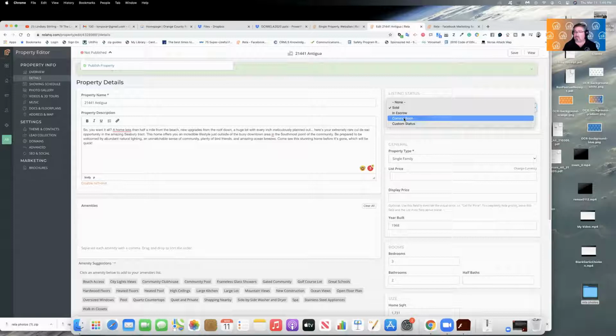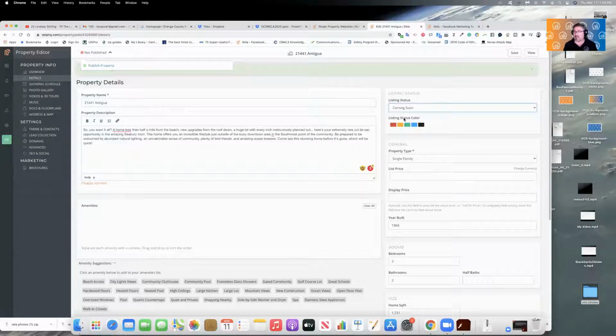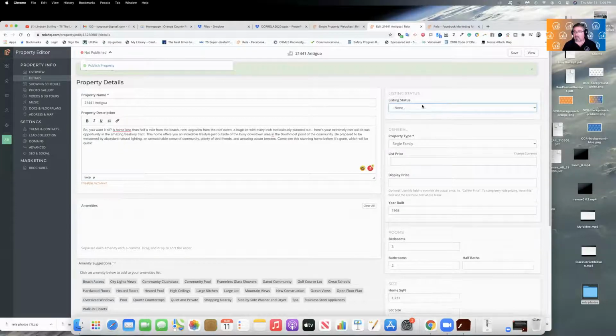Not a problem. We can get people super excited about this property that's scheduled to come out and be ready to be shown next week. Okay. But no matter what, if we don't change that, that's going to indicate that the property is currently active. Next,